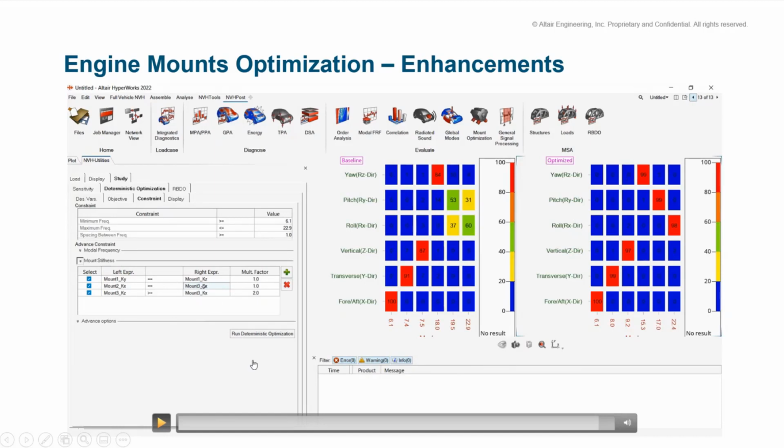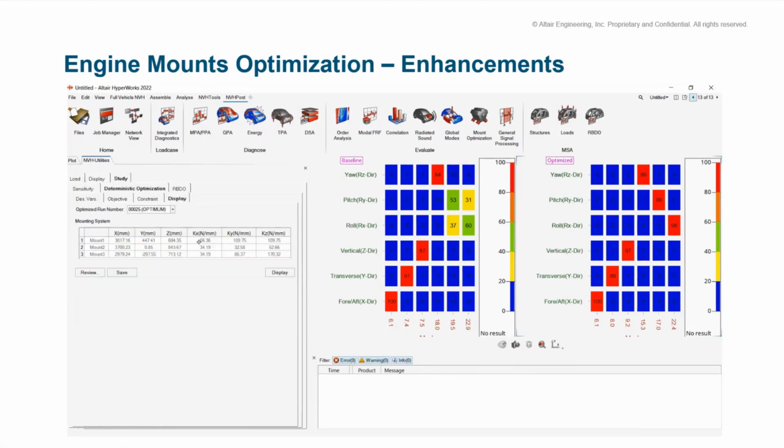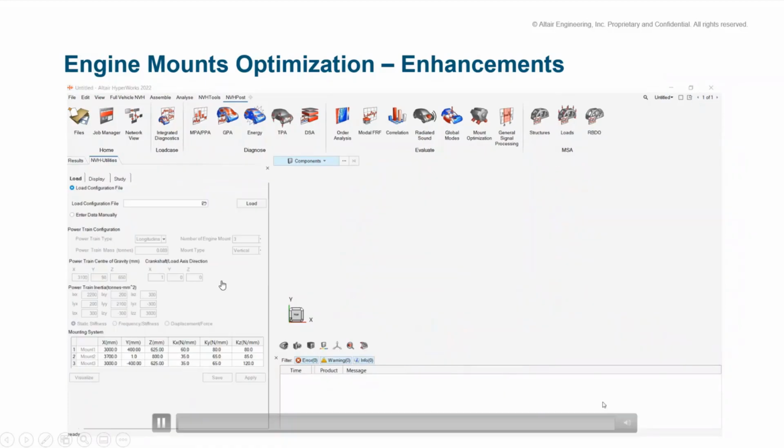And now when you go to the review, you can